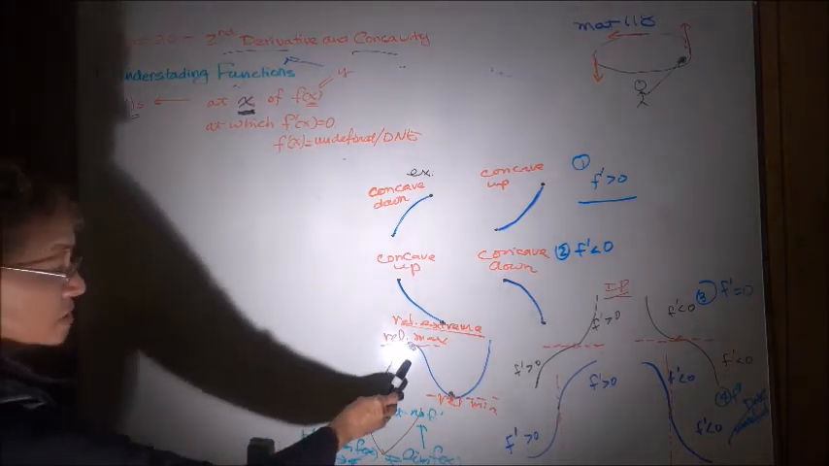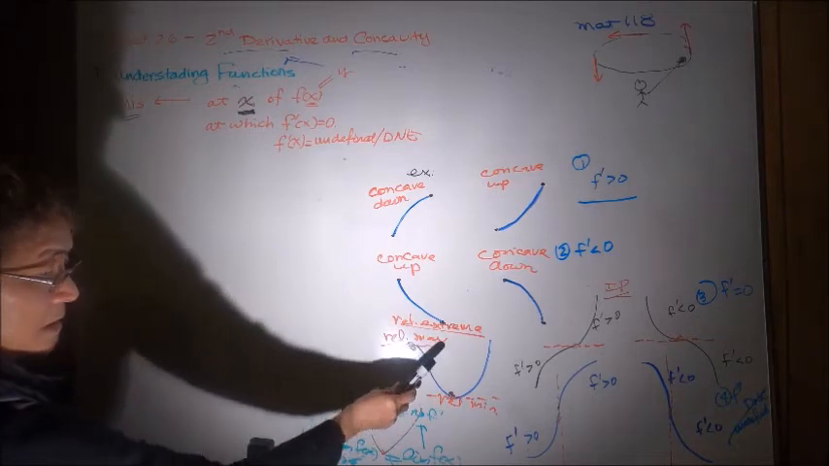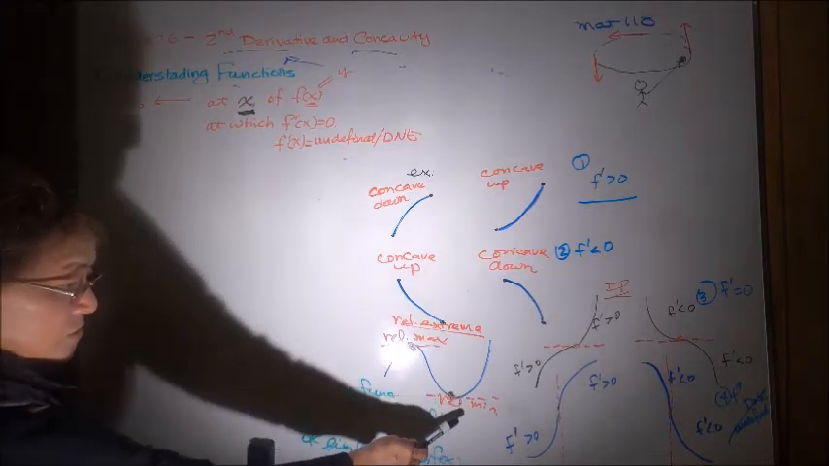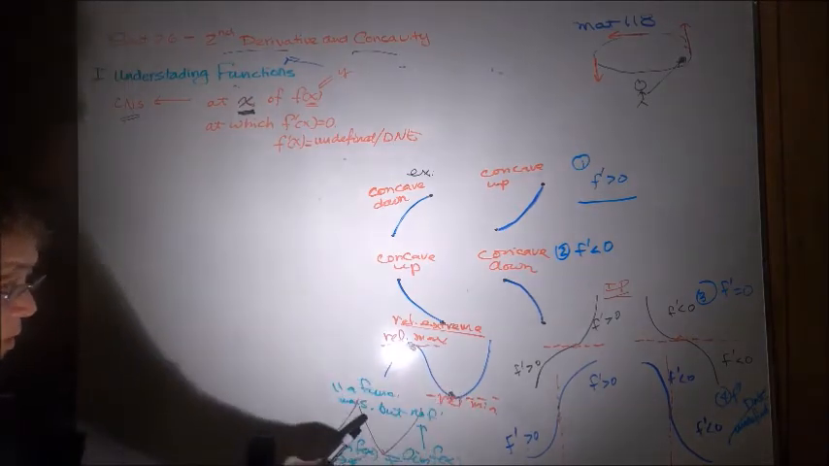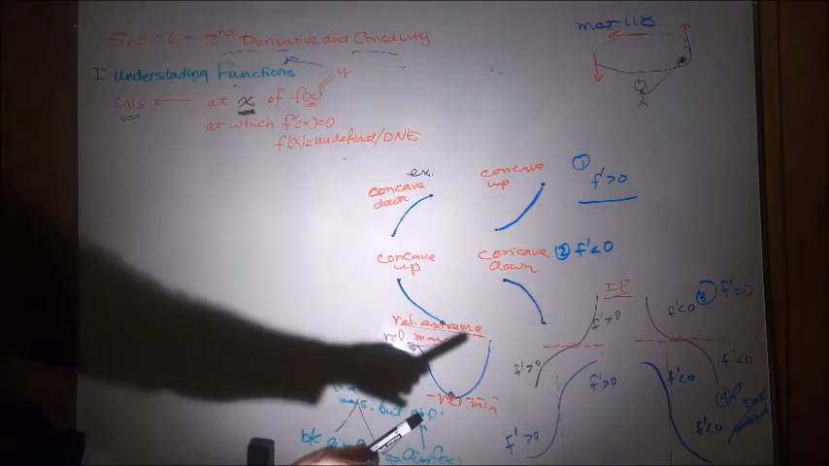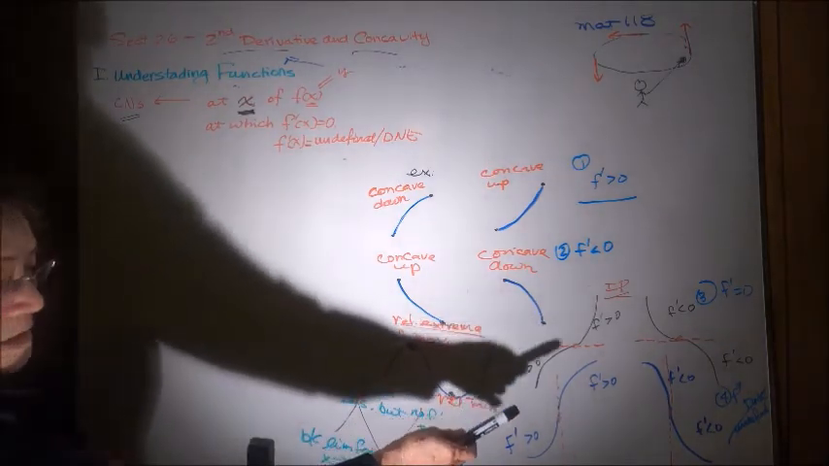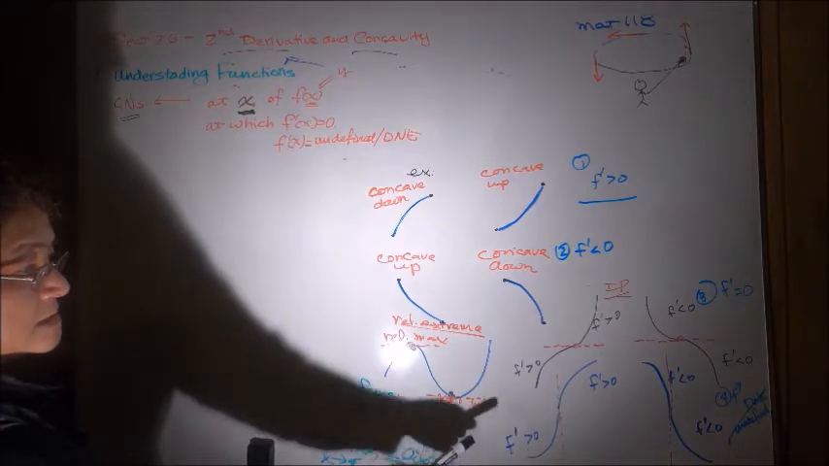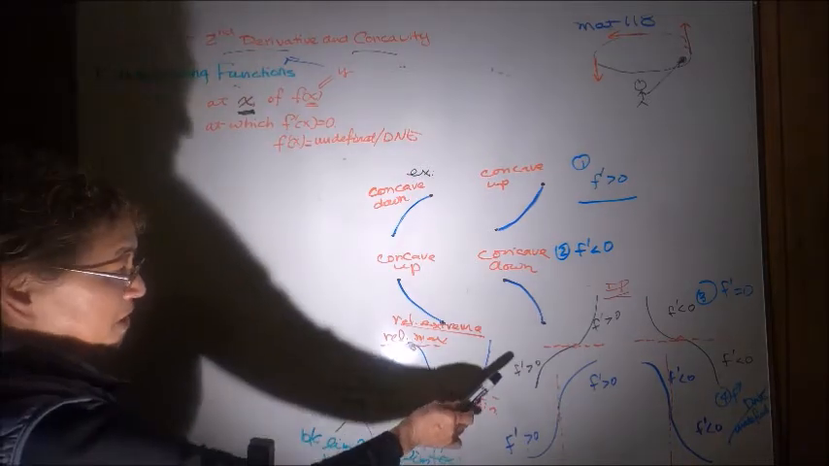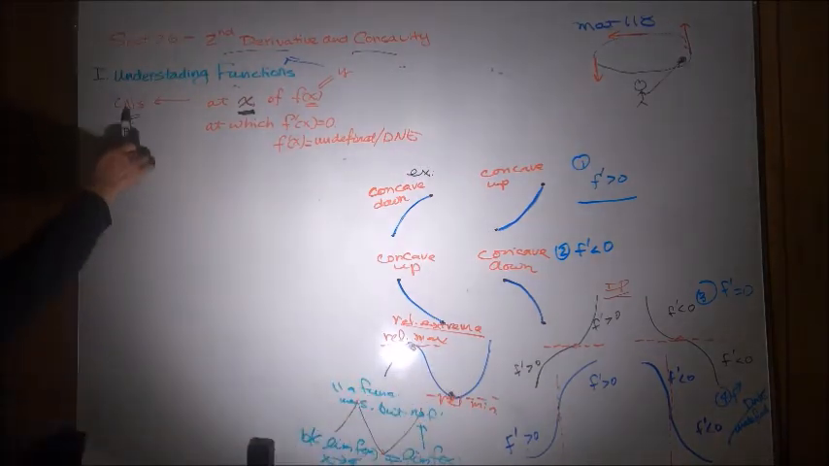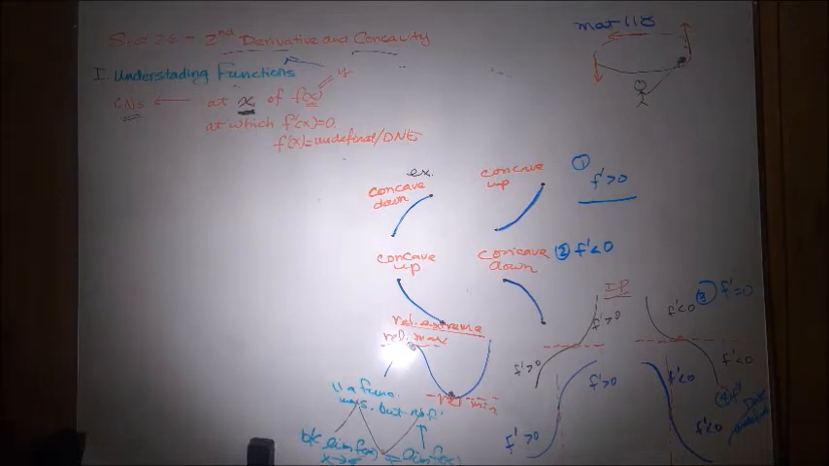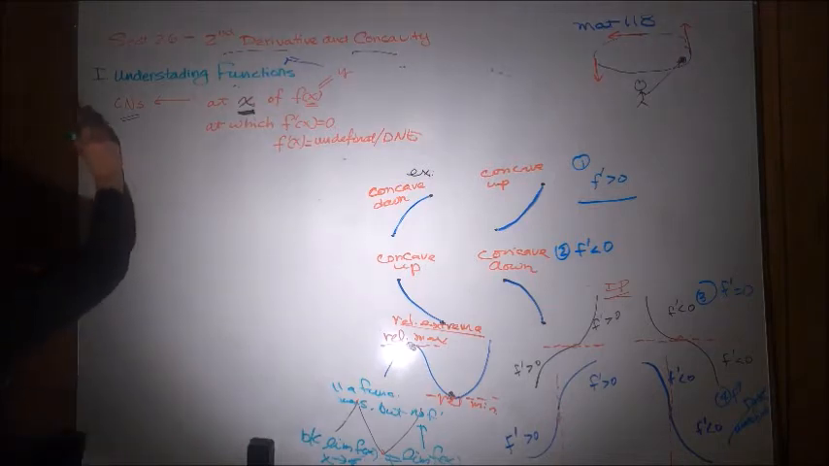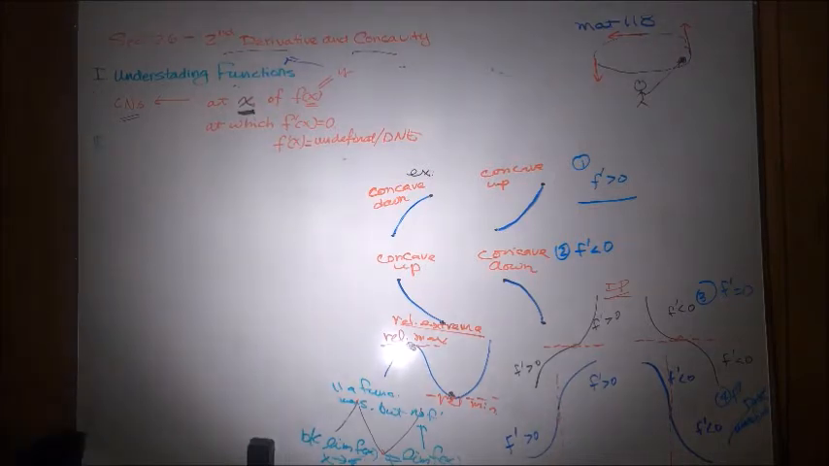So these two situations, f prime is 0, or f prime is what? Undefined or doesn't exist. Those are critical numbers, okay? Then we use this to decide a few things. In the next one, we are going to talk about